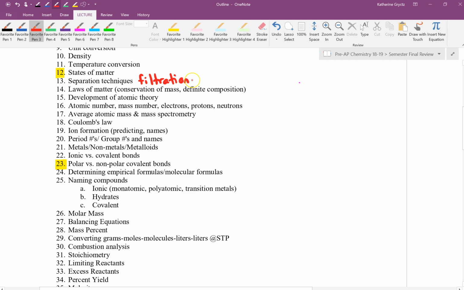So filtration, that separates solids out of some kind of mixture. We talked about distillation, which is when you boil one component of the mixture away, or to separate them. So if you imagine salt water and you boil off the water, you're left with the salt. But they do this for desalinization. You can capture that water that was boiled, and then you'd have water without salt in it anymore. Okay. You have crystallization,